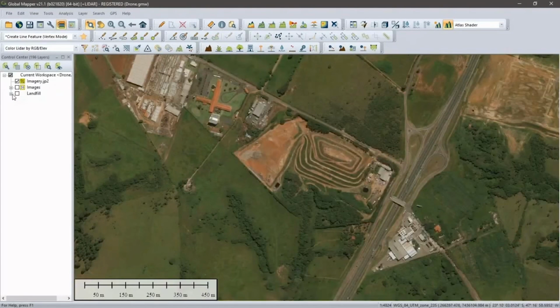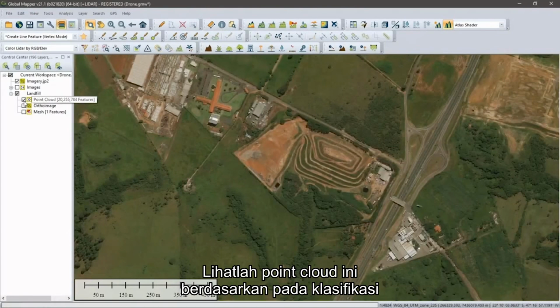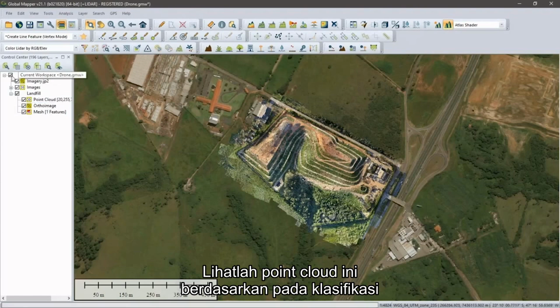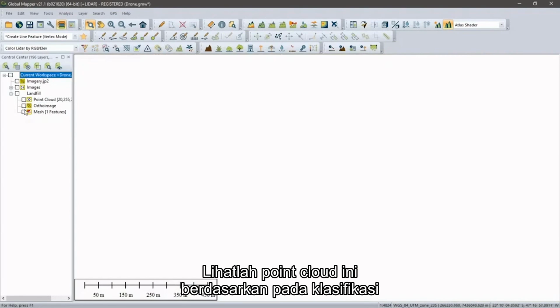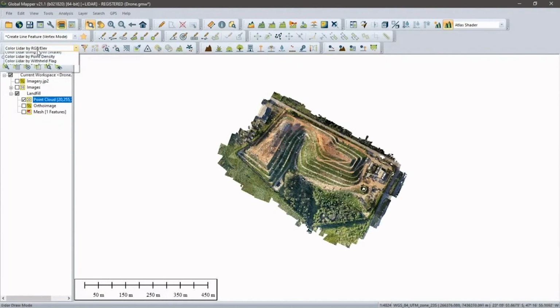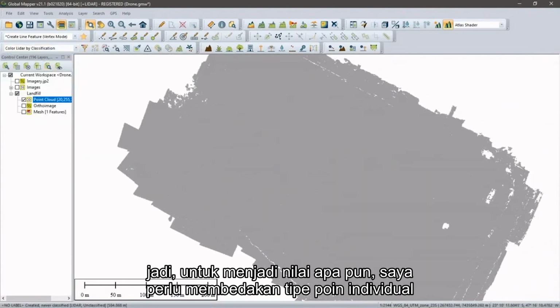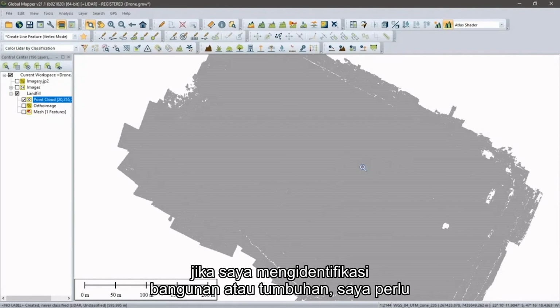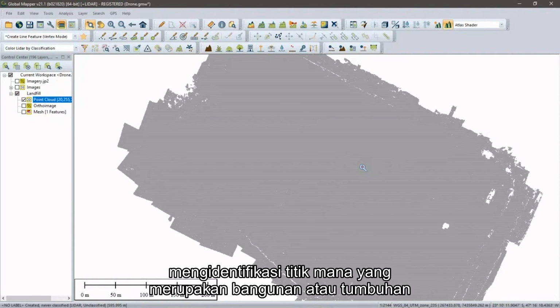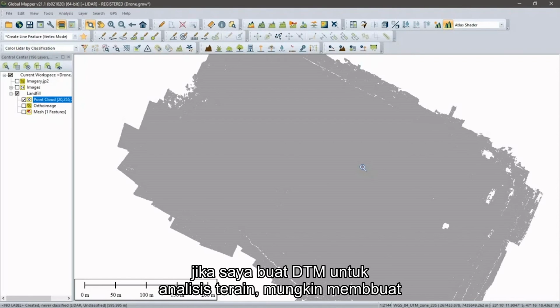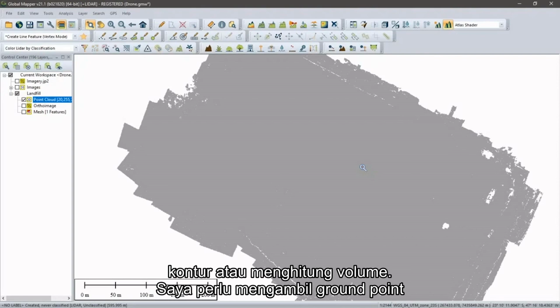And we are going to look at this point cloud based on its classification, of which there are none, as you can see. So to be of any value, I need to distinguish individual point types within this point cloud. If I'm doing an extraction exercise, if I'm identifying buildings or vegetation, I need to identify which points are buildings, obviously, or vegetation. If I'm creating a DTM for terrain analysis, maybe generating some contours or calculating volume, I need